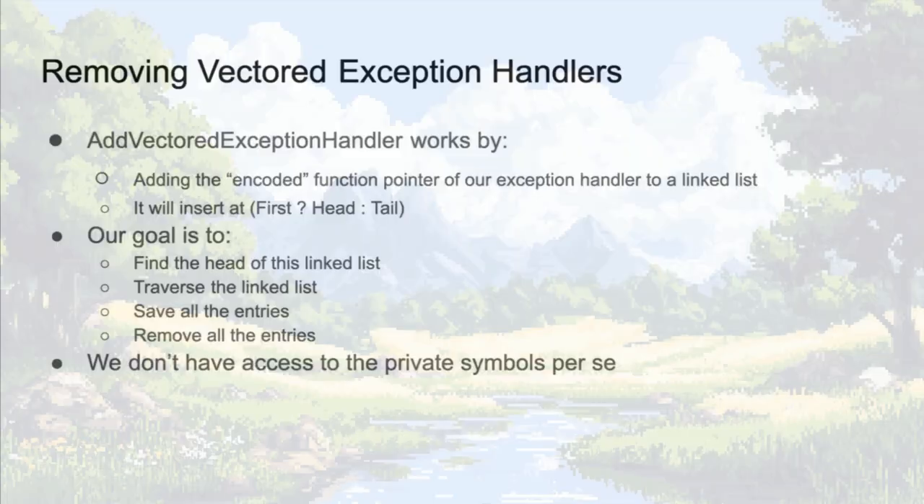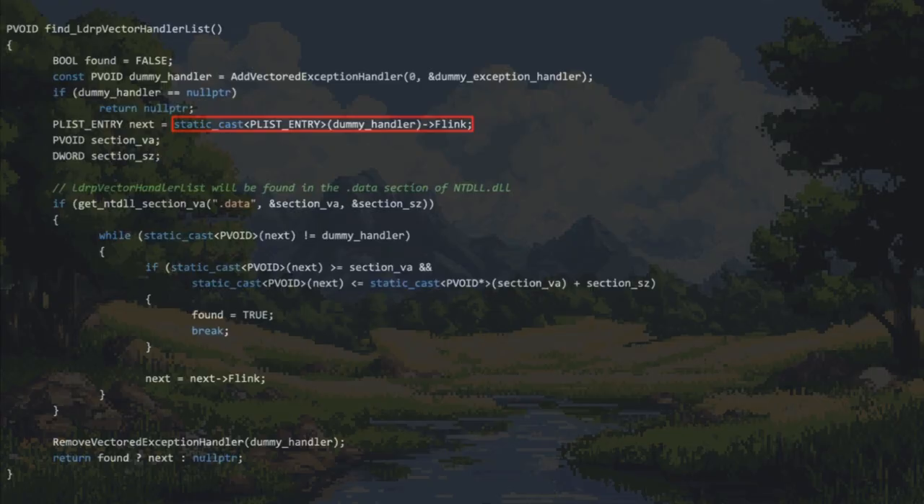So first things first, we want to find the head of this linked list. What we can do is add a vectored exception handler, since we know that this is a linked list. We add a dummy exception handler, and this returns a pointer, and this pointer is actually just part of the structure, so we can cast it. The first member of the structure is a PLIST_ENTRY, which is just a linked list entry, and then we can iterate through this